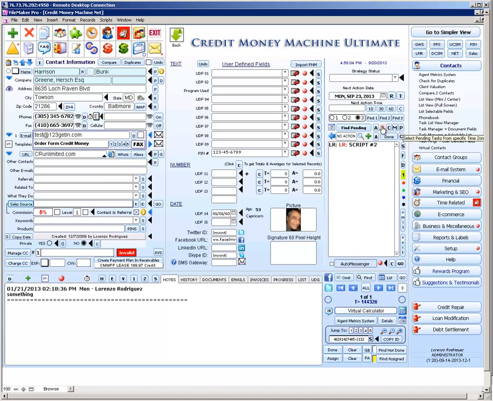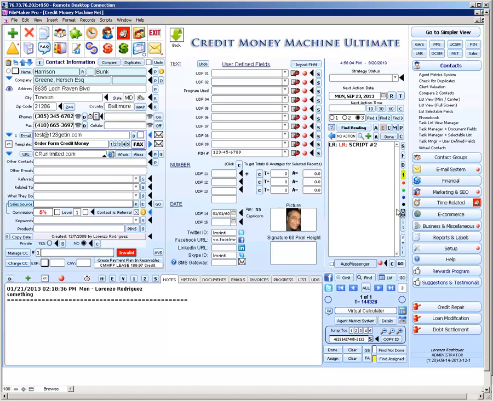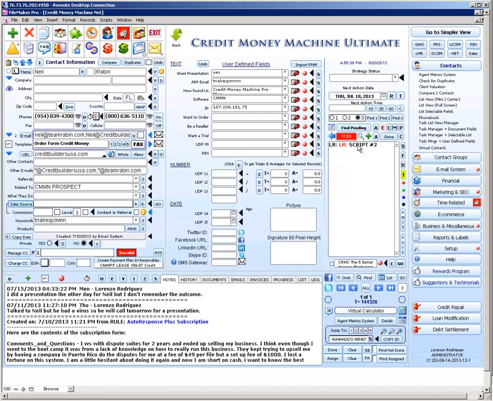So by clicking just this from self, you see it selects all the ones that I have, which pretty much is one. It's like this guy, for example. I did a presentation the other day for Neil. I don't remember the outcome. Great. But at least I put it. Otherwise, I'm with this music for 2 years. If they are with this music,